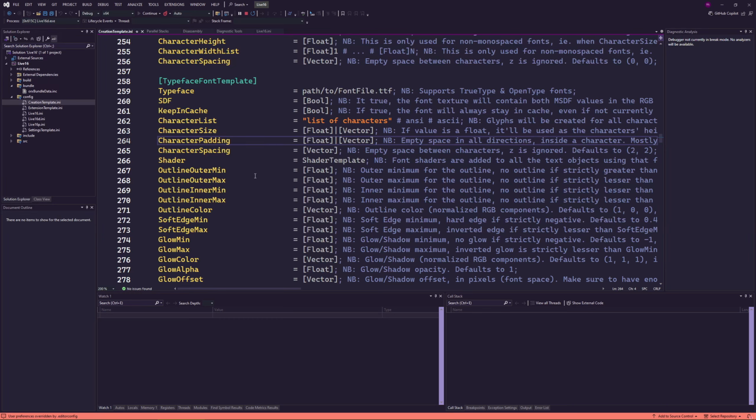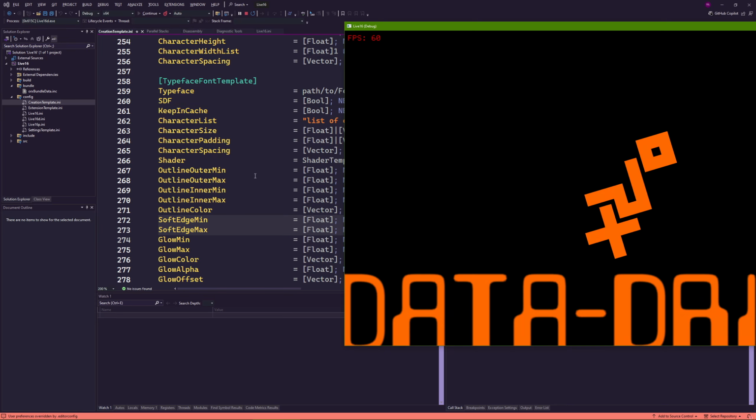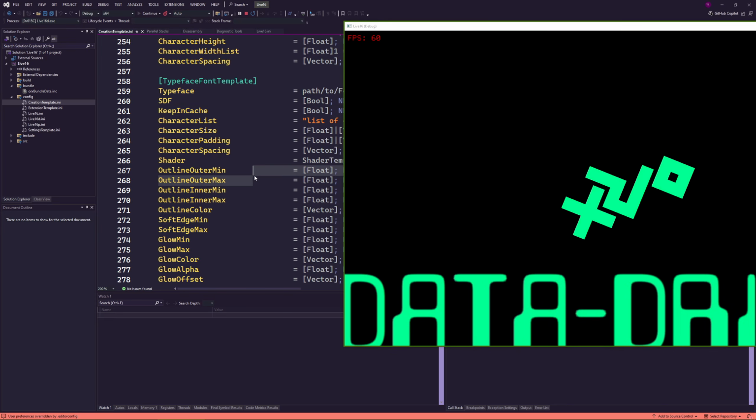And this is a shader that comes with Ox, but you can create your own shader as well, right? Signed distance field is only distance information baked into a texture, and you can do whatever you want with it. The default shader allows you to have an outline, a glow, and soft edges, and that's the soft edge I'm interested in right now. So let's keep this on top.